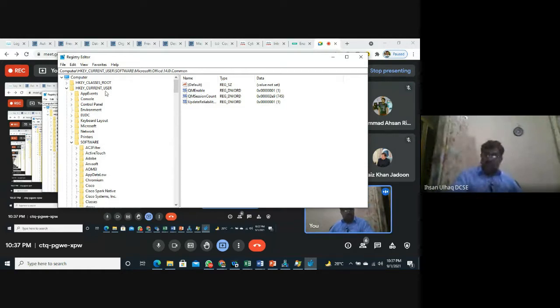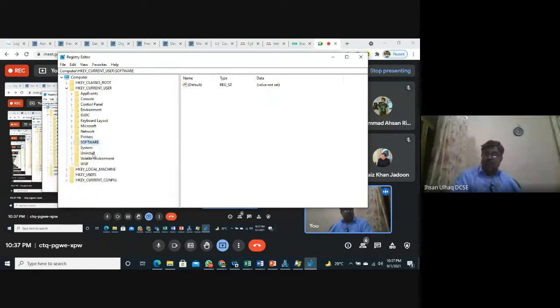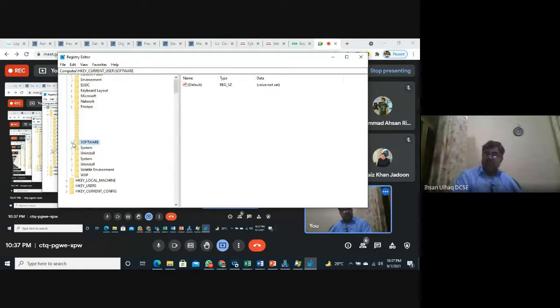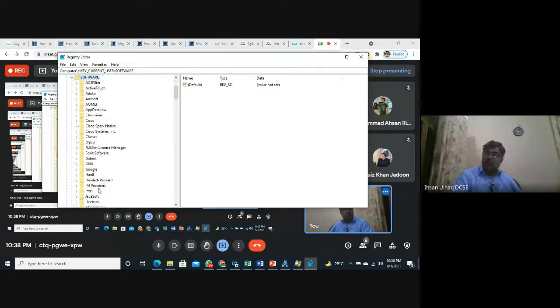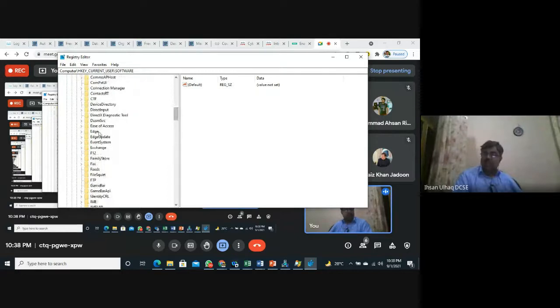So all the current users which are on the computer which are active, उनकी डिटेल्स यहाँ पे पाई जाएगी। उनके कौन सा सॉफ्टवेयर के बारे में इंफॉर्मेशन, उनके वोलेटाइल मेमोरी, उनके सिस्टम, उनके नेटवर्क, माइक्रोसॉफ्ट के चीजें, कंट्रोल पैनल उनका, सारी चीजें उनको यहाँ से मिलेगी। फॉर एग्जाम्पल अगर हम सॉफ्टवेयर में चले जाएं, कौन से सॉफ्टवेयर एहसान उल हक को अलाउड है, क्योंकि इसमें एक ही यूजर है। माइक्रोसॉफ्ट के कौन से सॉफ्टवेयर को उसने इंस्टॉल किए हुए हैं या उसको अलाउड है, इन अदर वर्ड्स, जैसे एज फॉर एग्जांपल अभी कुछ देर पहले मैंने किया।